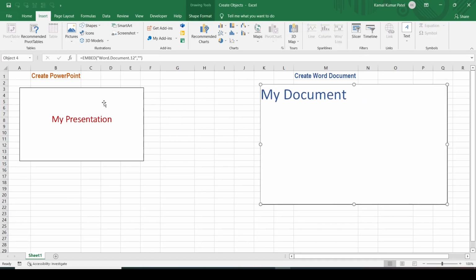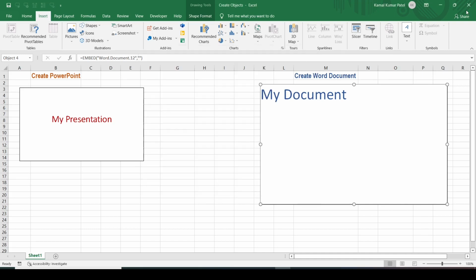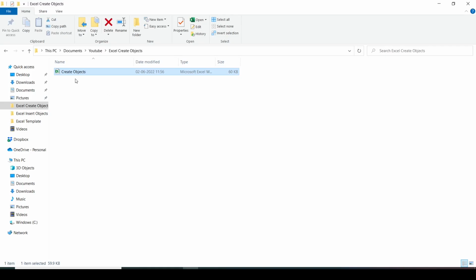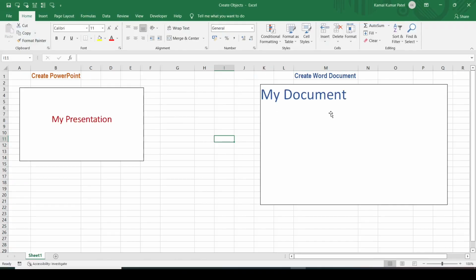So we have created two objects here in our Excel sheet. We can create other types of objects as well. We can check it here. So these are the object types which we can create. So once we are done, we can save this Excel sheet and let's close it. This is your Excel file, and if you open this, you can see your data and all the objects created